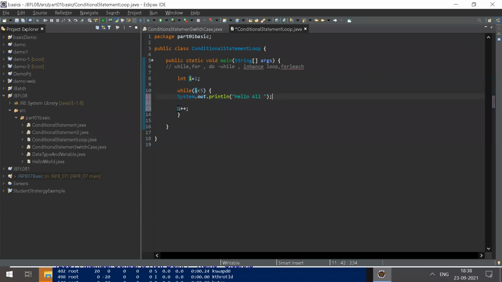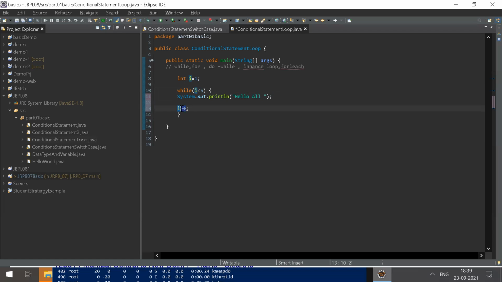Then I increment i by 1, so i becomes 2. The condition is still true, so it will print again. Then i plus plus makes it 3, incremented by 1, and it will print again.